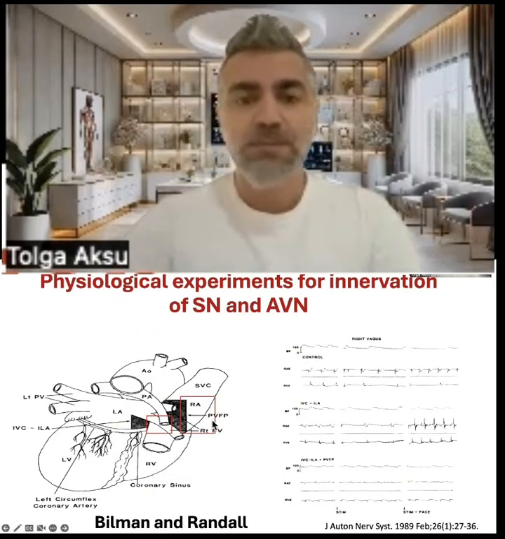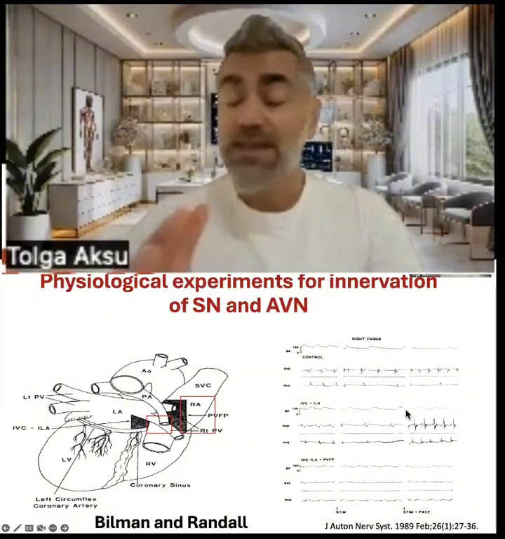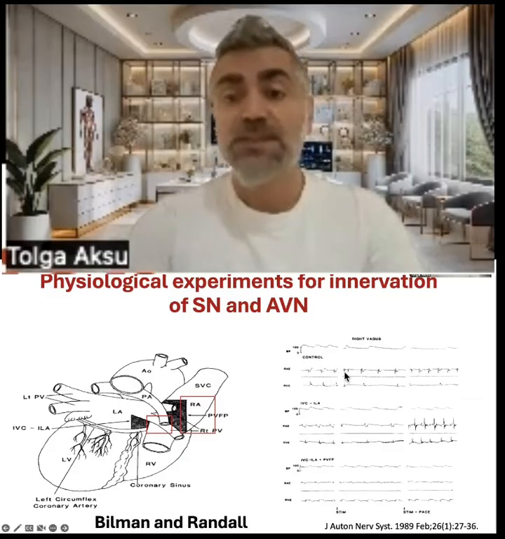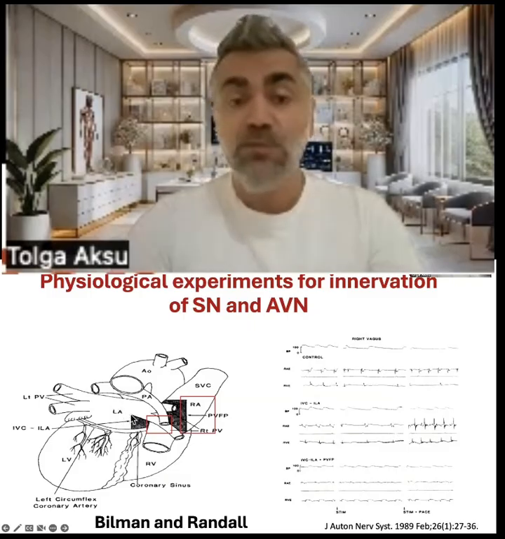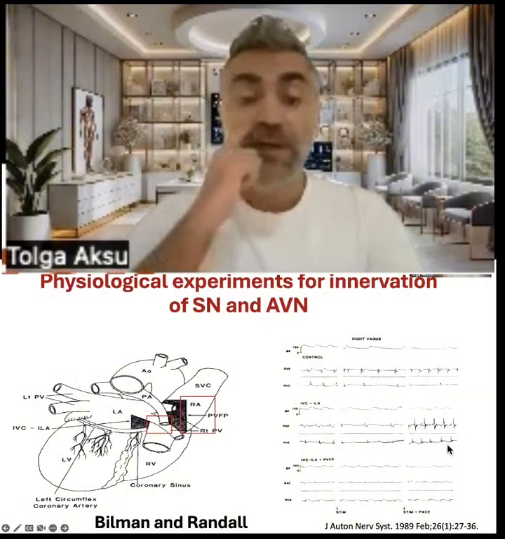According to a physiological experiment, let's look at the right atrial and right ventricular electrograms during baseline, during vagal stimulation, and during vagal stimulation plus atrial pacing. As you know, vagal stimulation should cause negative dromotropic and chronotropic effects. As you see here, during vagal stimulation, we are seeing a serious right atrial bradycardia. During atrial pacing, there is still right ventricular bradycardia due to AV block. But if you surgically remove the inferior vena cava left atrial fat pad area, during vagal stimulation, although there is still right atrial bradycardia, during right atrial pacing, we don't see right ventricular bradycardia,